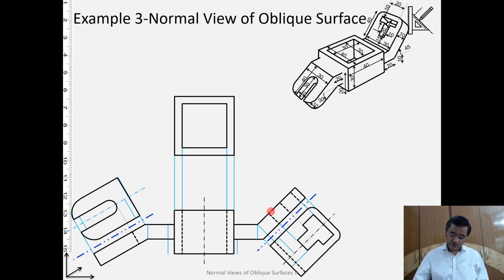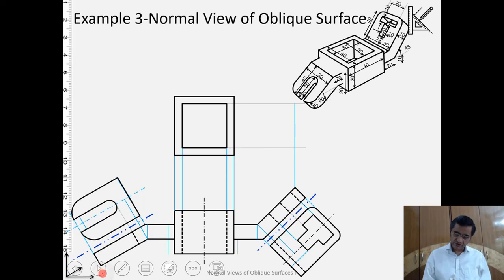So obviously you understand the frontal view. If this is the true shape, this is how the frontal view will appear, and we are seeing the dashed lines here corresponding to this, this and this. Now let's take it to the horizontal. So we are going to create the horizontal projection of this.